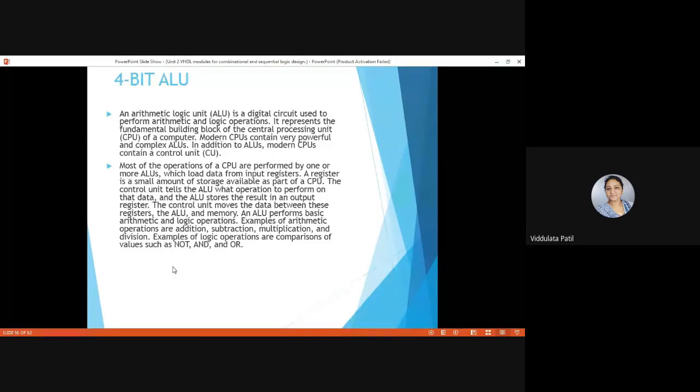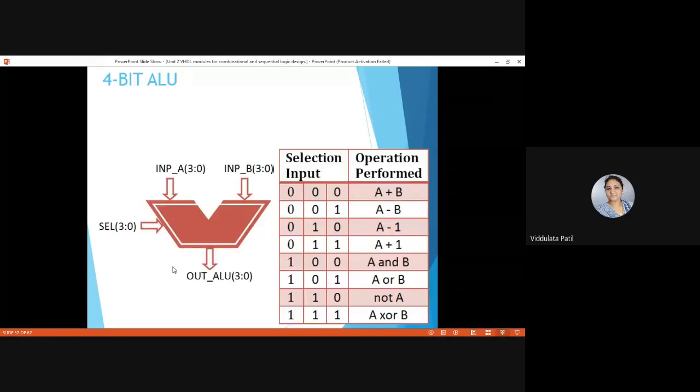A register is a very small amount of storage available as a part of the CPU. The circuit which we are going to discuss will perform arithmetic operations like addition, subtraction, multiplication and division, and then logic operations like not, and, or, XOR.